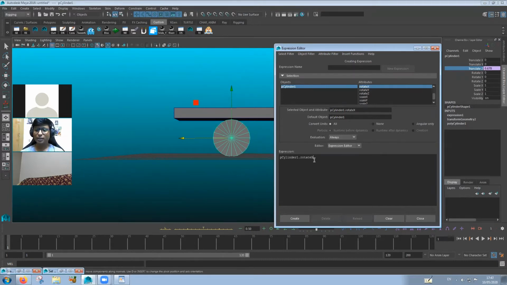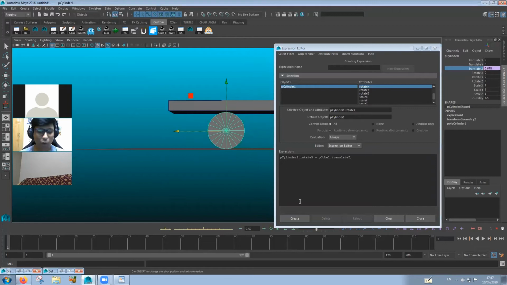So we want the P cylinder's rotate x value should be equal to P cube's translate z value. All right. Now let's hit and see what happens.